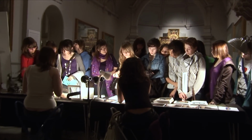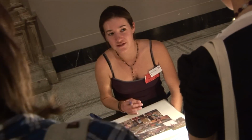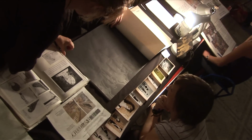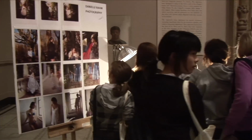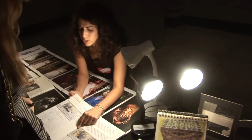So in the Raphael Gallery, we've got, first of all, the University of Arts London students who are going to be showcasing their portfolios, having time with students who can come up and ask them about the areas of design that they're in, and we've got a really broad cross-section of students ranging from foundation level through to masters. We've got students in fashion design, textile, graphics, gaming, photography, so it's a really broad section,